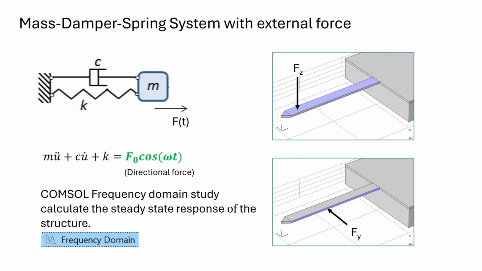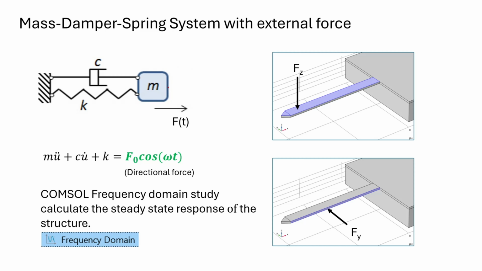COMSOL Multiphysics allows us to simulate a mass-damper-spring system under external forces. For example, as shown in the figure on the right, we can apply a force in the z direction or y direction to a cantilever beam and evaluate the resulting displacement and phase as a function of the input frequency. This type of simulation is highly useful for the design and analysis of actuators or sensors where forces are applied